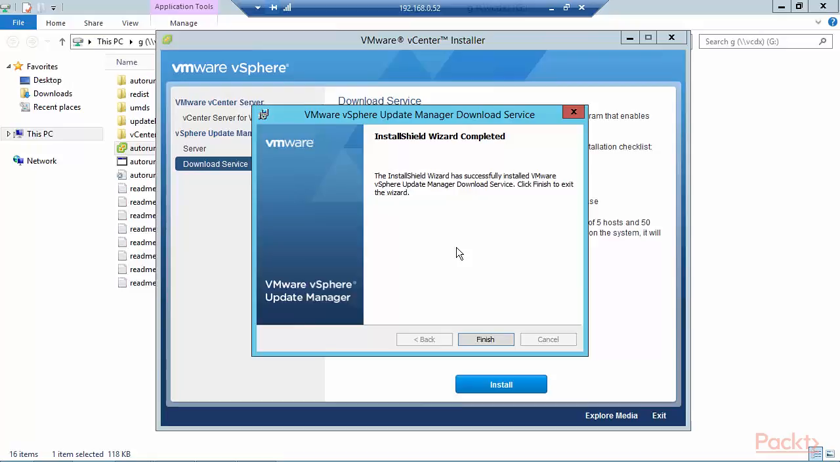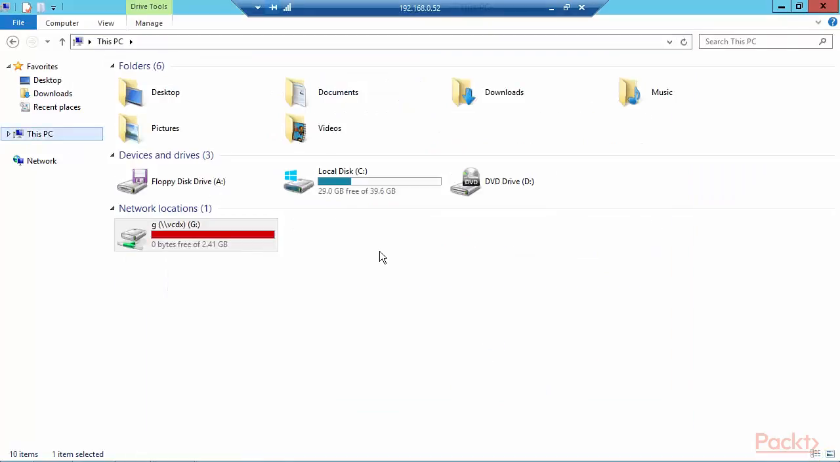So the installation is complete. The installation of the vSphere Update Manager download service version 6.5. The UMDS tool is a command line tool. It can be installed on 64-bit servers, which is what we have, and it is installed in C: